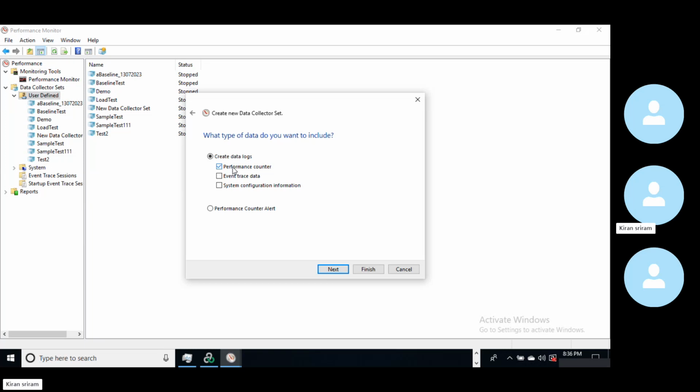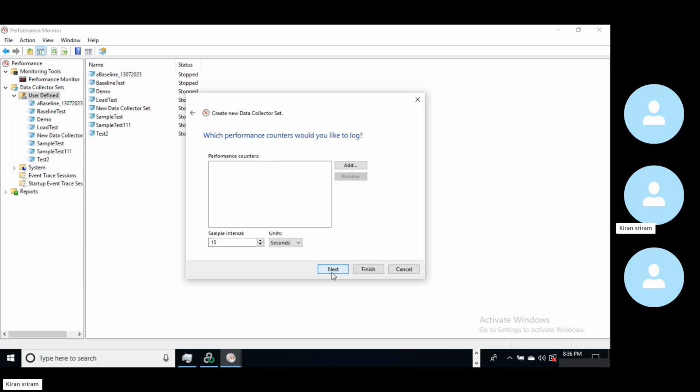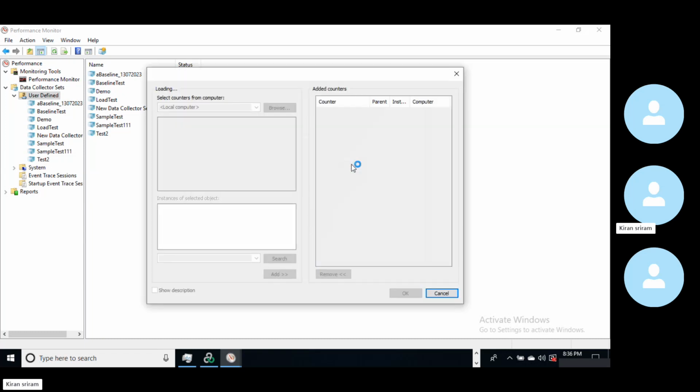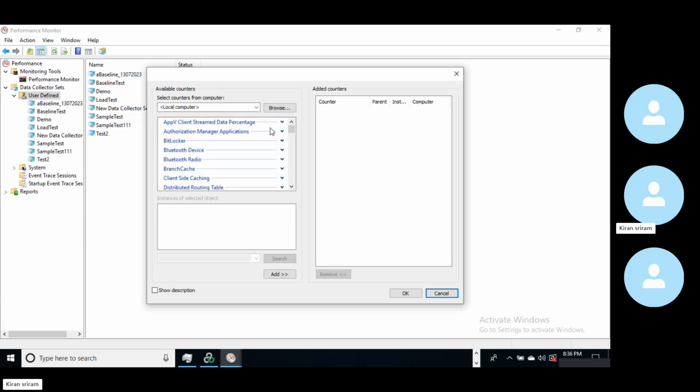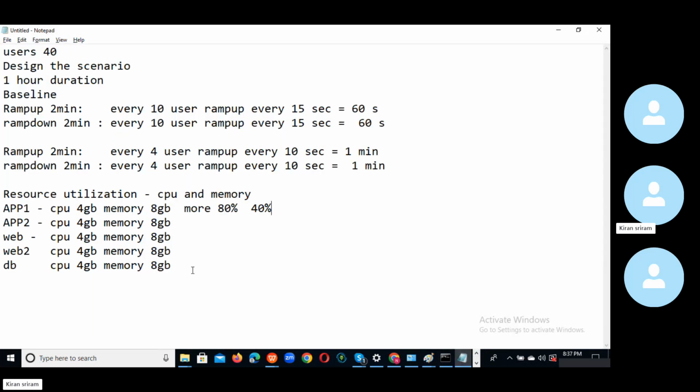Performance counters are nothing but what we can call CPU, memory, network, and DB. So all of these we can call counters. So you need to check this and click on next, and you can observe which performance counter you would like to log. Click on add. We can see all the counters. So these are all counters, but for us only these three are fine. Every time, maximum we need these counters: CPU,